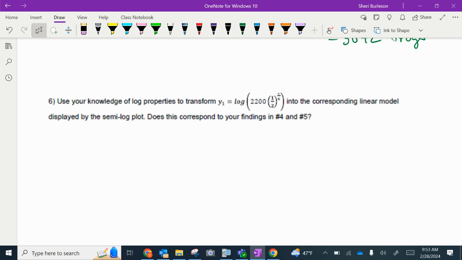If you go back to the semi-log day we did in class, it says use your knowledge of the log properties to transform this into a linear model and then compare it to the numbers. We just took the numbers from above and wrote the linear equation, and then we plugged the data into the calculator, and saw that we got that regression. But we should go back and review the